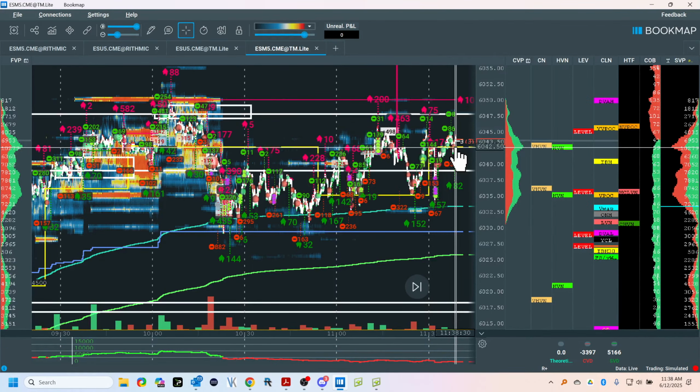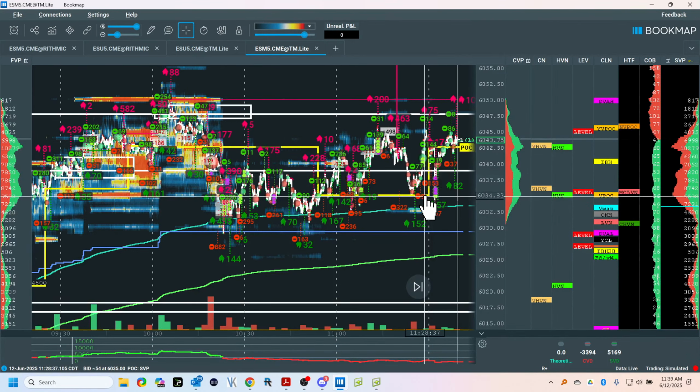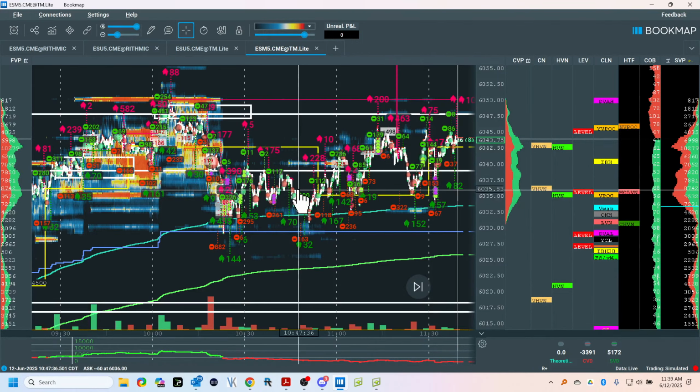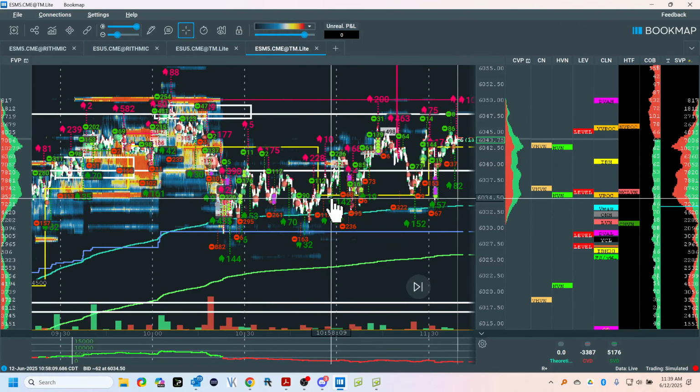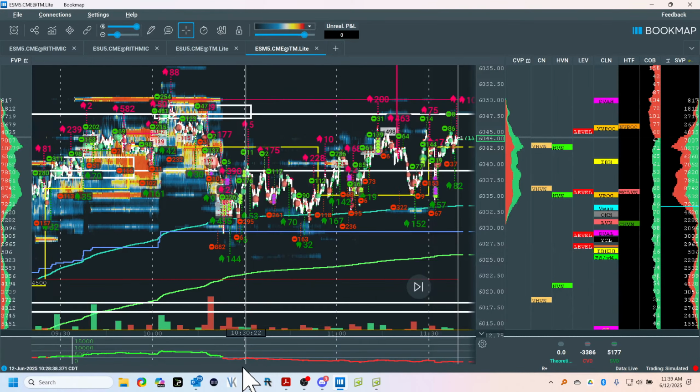Algorithmic behavior, market maker behavior, swing trading, doesn't matter. All markets, doesn't matter. This process is applicable to all time frames, if you want to call it that. Swing trading, trend following, it doesn't matter. The behavior of the market participants is the same in all fractals or time frames. So when I'm operating as a day trader, I'm also operating